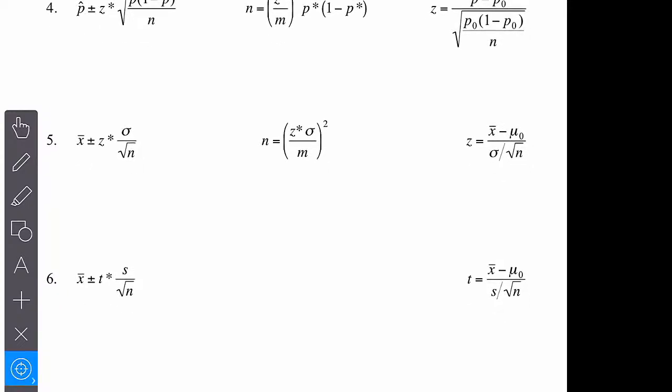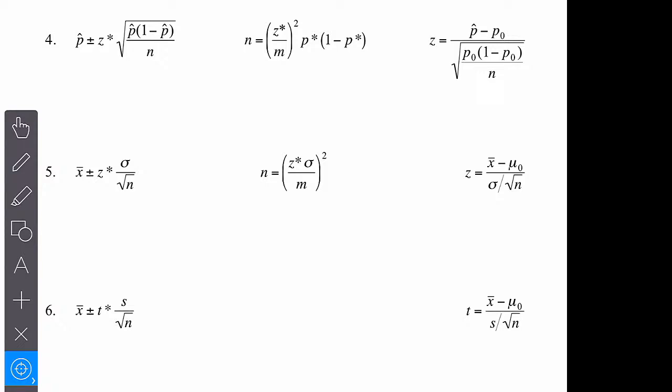So I explain all of these in the videos in the playlist. I really hope you get through them. We're here, because you notice if I use these formulas here, I need sigma. I don't have sigma. I don't have the true population standard deviation given to me. So all of these formulas here are for inference on the mean,